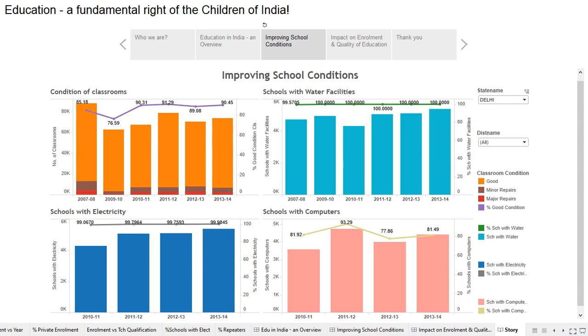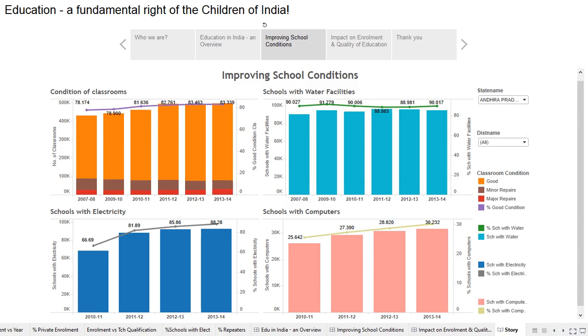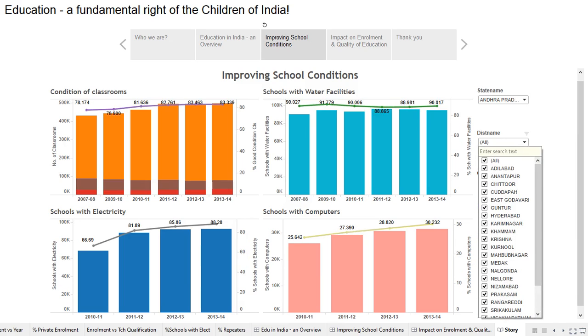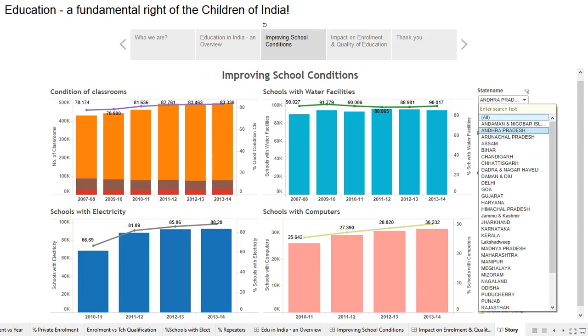I can also drill down further by the category, which is the district name. So I can choose a particular district or I can take a look at all the districts in the filter. Now, again, schools with electricity, what is very evident if I go back to the all filter, which is the